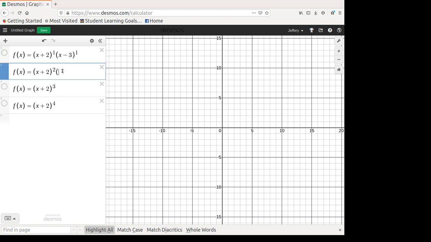So here, if I continue the x minus 3, right, x plus 2 is even, so it's going to have to bounce off of it. Overall, my function has a total multiplicity of 3, so it's odd. I have a positive coefficient in the front, so I start at negative infinity and I end at positive infinity. So I come to my first solution, it has a multiplicity of 2, so I bounce off of it. Somewhere in between here, I have to turn around, and because my second solution, my second root, has a multiplicity of 1, I pierce through it.